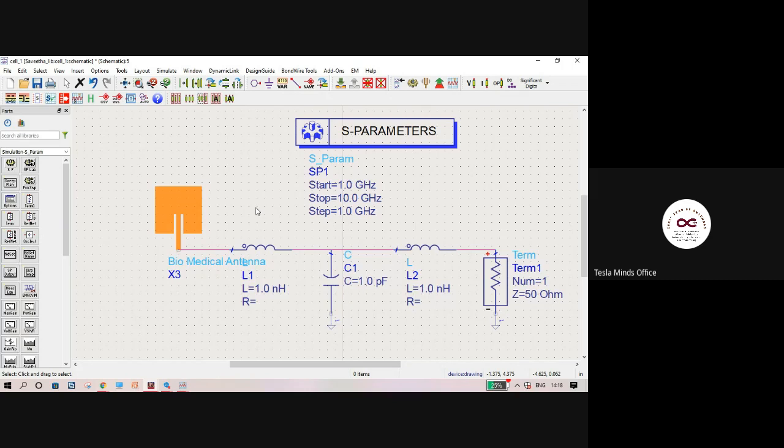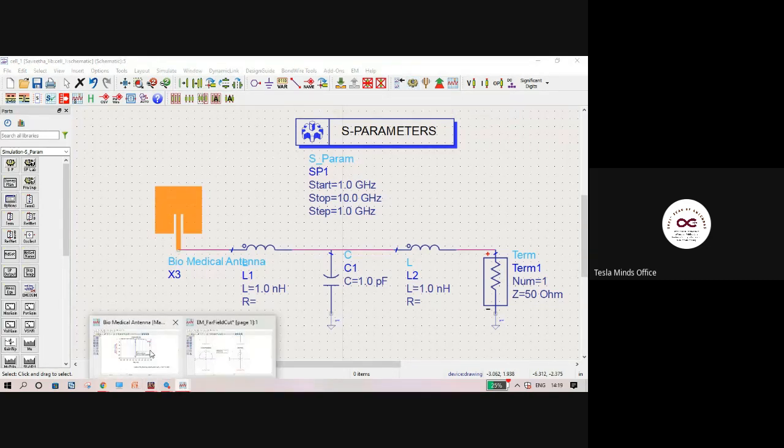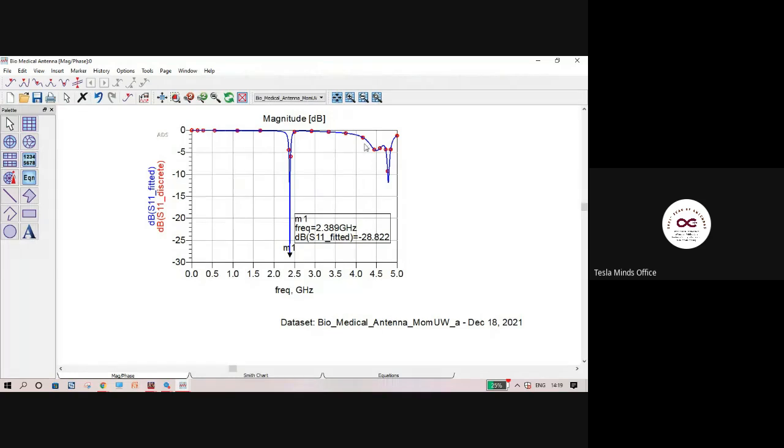Here, this is just a filter. I'll save and run the simulation. I'm not guaranteeing the results, but what you'll get here is some sort of filtering response. Let's see what filtering we get. This was our initial graph.